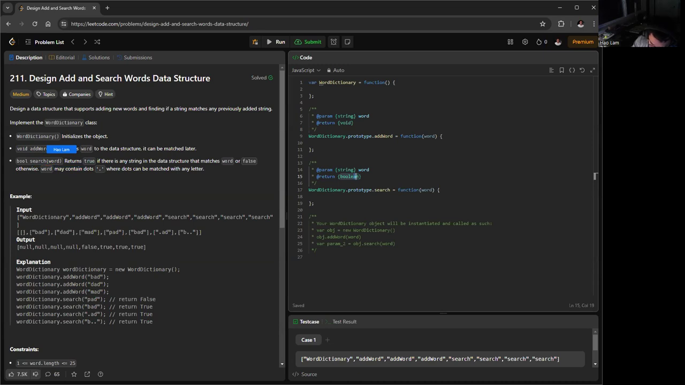For add word, we just add the word to the data structure so it can be matched later on. For search, return true if there's any string in the data structure that matches the word, or false otherwise. The word may contain the dot, where the dot can be matched to any letter. For searching words like this, I'm thinking we can use a trie to keep track of this